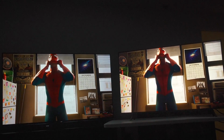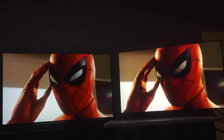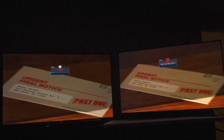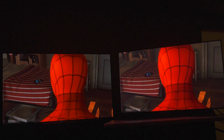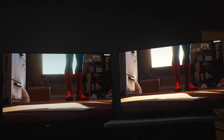I literally can't warn you enough on that because that's some hot garbage. But that image though, my God, I'd never seen this before. I'm gonna tell you right now though, that image is where they put the money. So you get a little salty about it because you're like, damn, you gave me the best picture on an OLED I've ever seen, and you did it in the cheapest body you could possibly put it in,